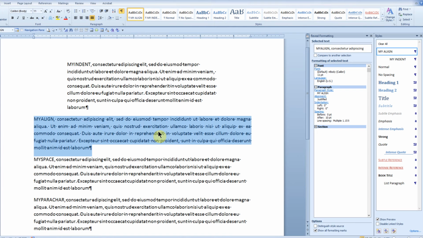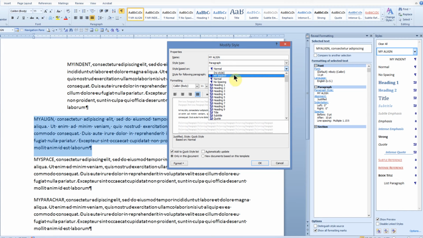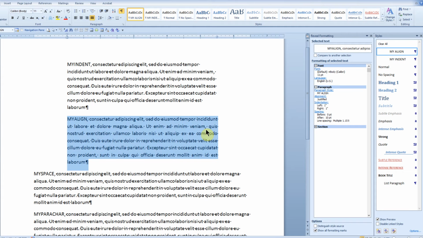With this guy still selected, I'm going to come back up to my align, click the drop down arrow off to the right in the style pane here, and I'm going to modify this. Maybe I forgot a setting when I was creating it. I can click this drop down button and choose modify and come back and modify this thing. So I'm going to base this style not on normal but on my indent over here. So I'll click on my indent and I'll click OK, and it automatically picks up the formatting from the base style. So now I have two formats applied. I have the justified, which will flush on both sides,